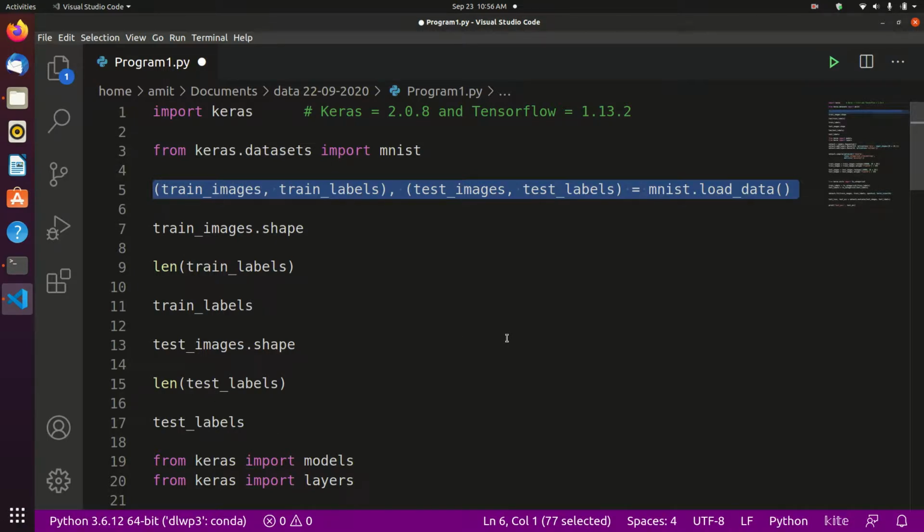The train images and train labels form the training set, the data that our model will learn from. The model will then be tested on the test set, meaning test images and test labels.